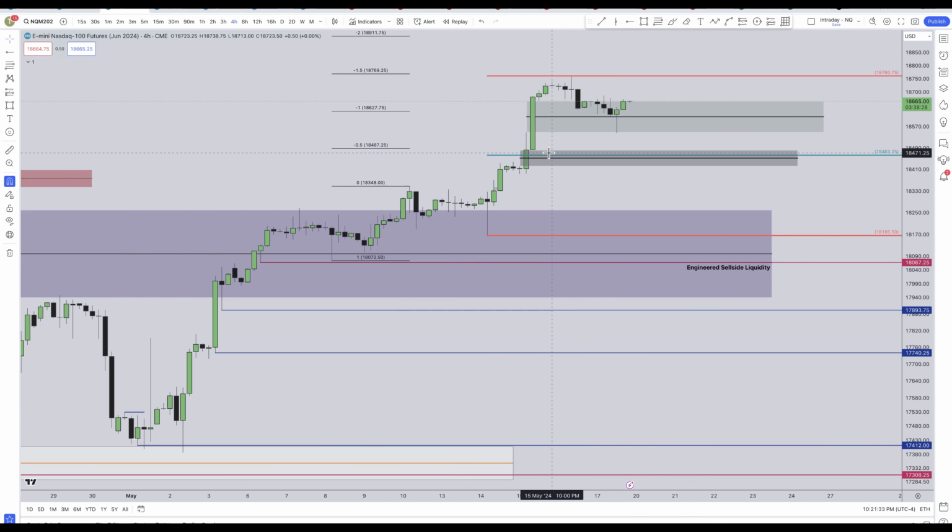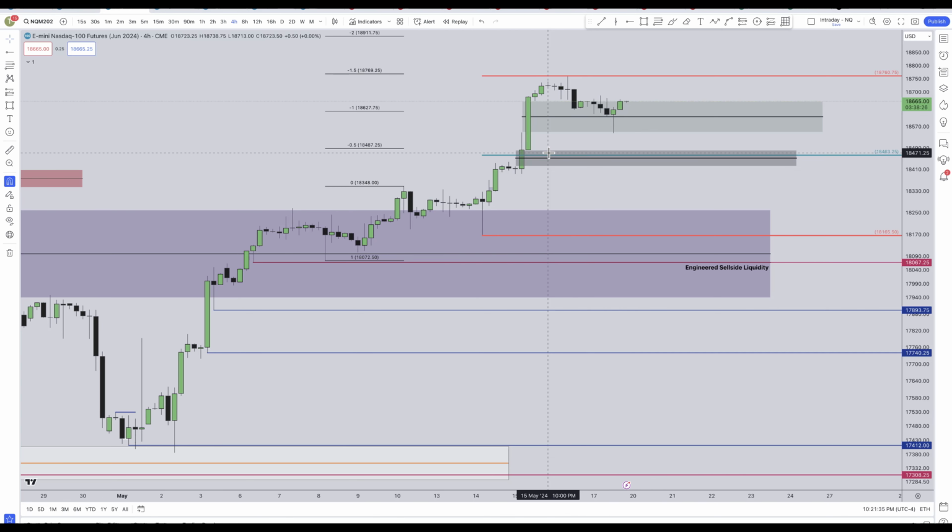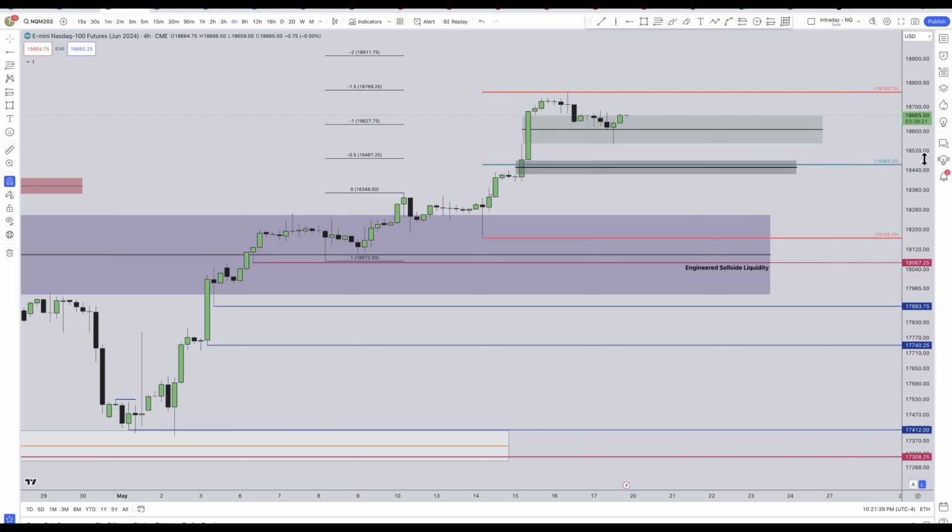Now, one of the other things that I was thinking about is that, because this is an all-time high, we don't have any prior data points to work on, no prior high and so on. So I just saw, if you look at it as a big consolidation on this 4-hour chart, where the price